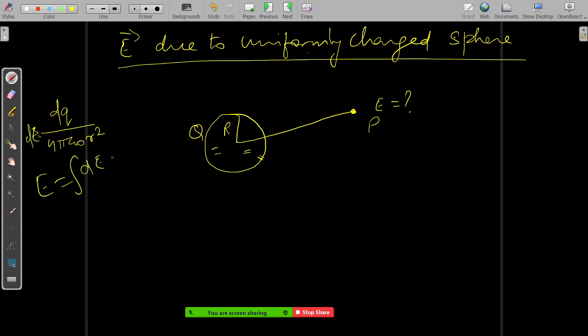Then you are going to get this total electric field at point P. But the thing is, by applying Gauss's law, you can find the electric field very easily. So what we'll do is, whatever point they have given to you, you just have to draw a Gaussian surface there. And since it is a symmetrical spherical surface, by symmetry we can say that